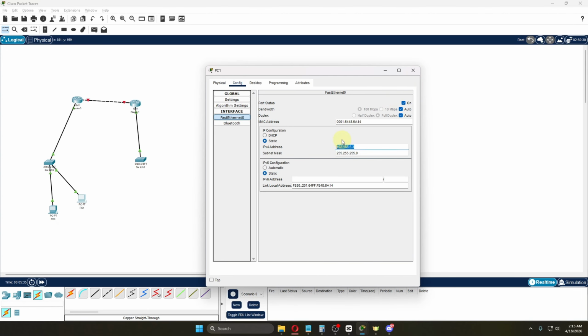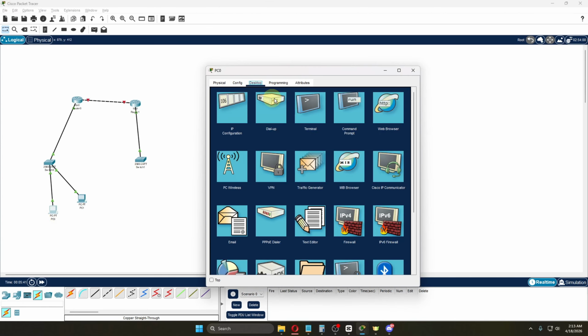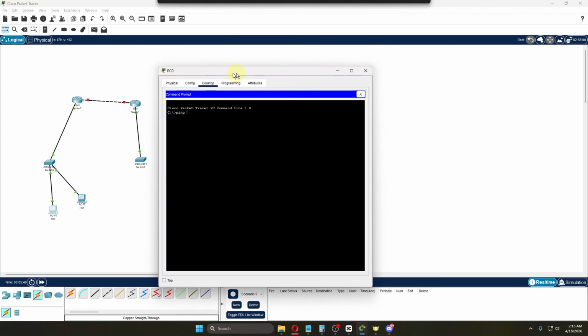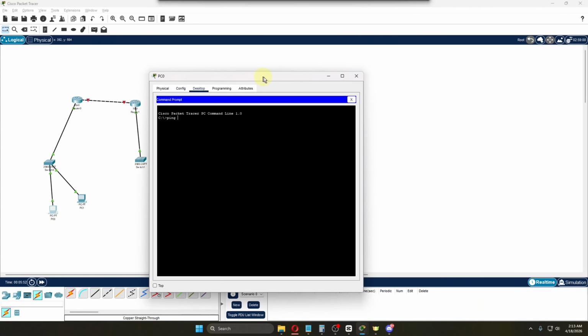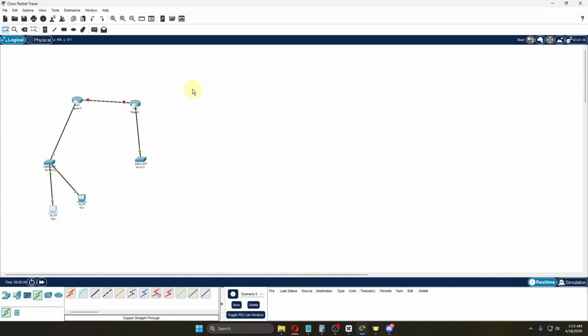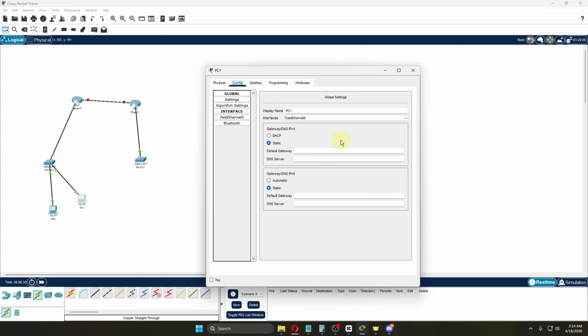And let's try to ping this one. So just copy the IP address, navigate to the device where you want to start pinging, click Desktop, click on Command Prompt, and you can just type the following, which is ping, space, the IP address itself. Now, if you cannot see it on your system, just hit Alt Tab and you will be able to see it right here. For the second one, it's going to be exactly the same,